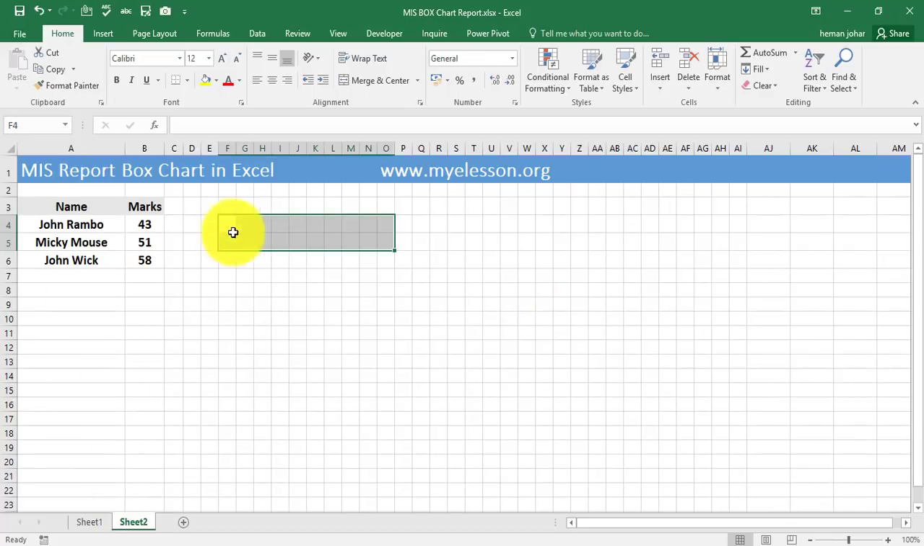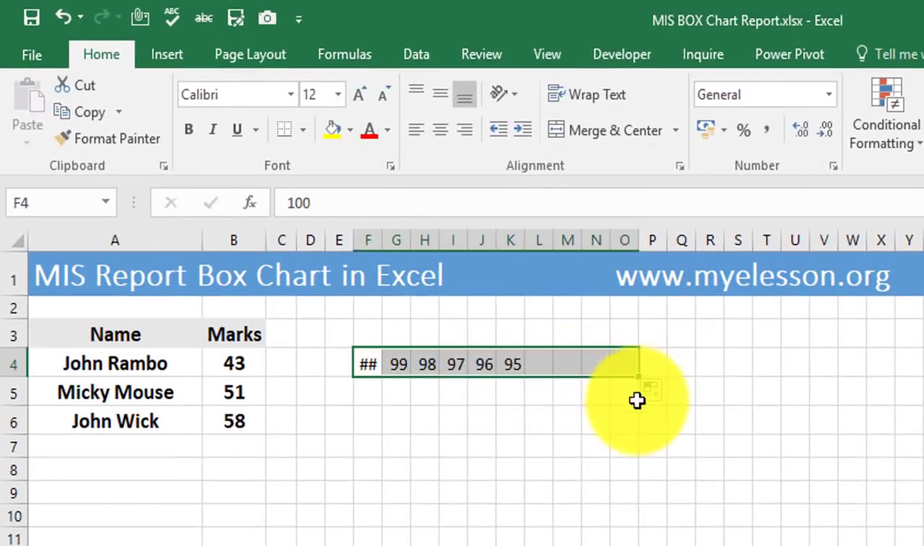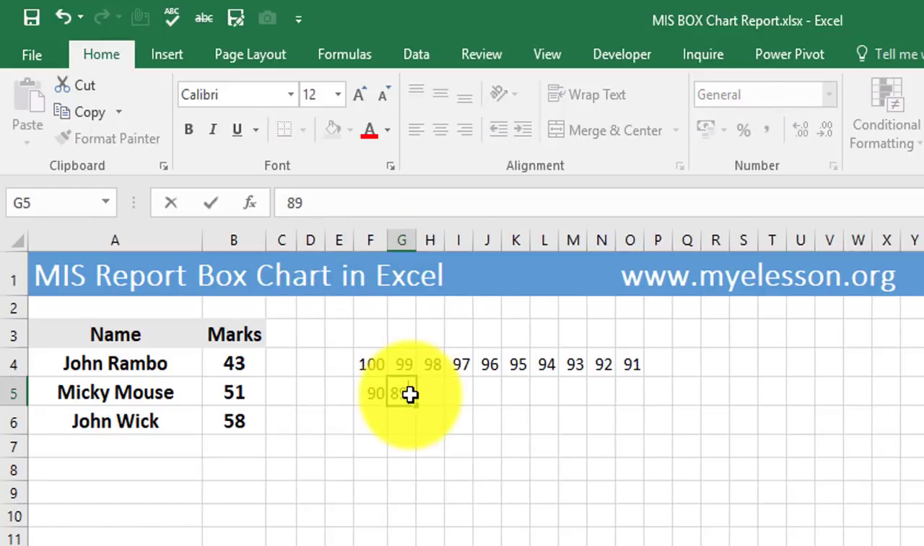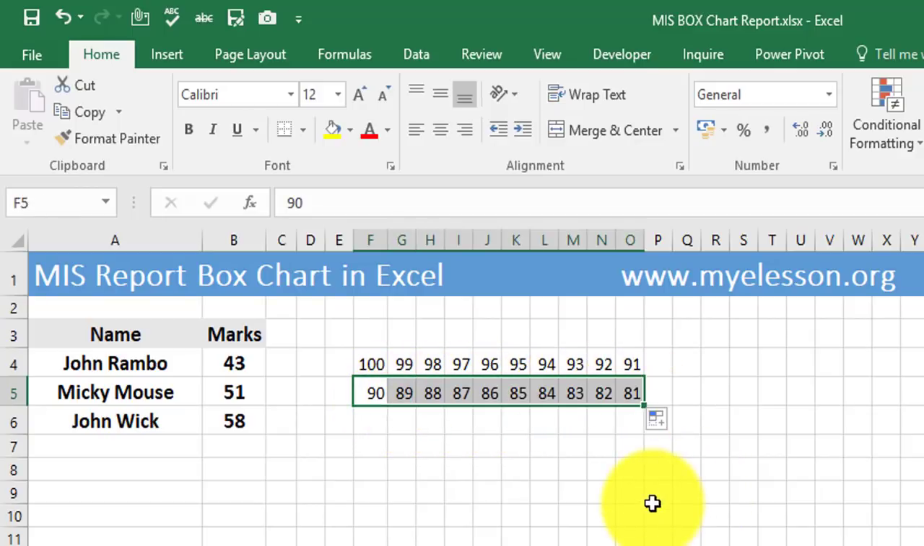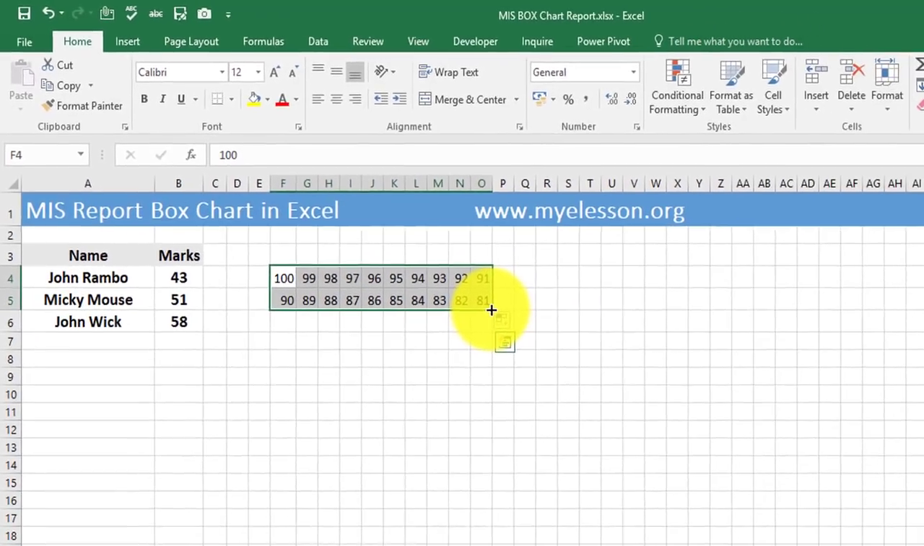I'll go to sheet 2. I have the rough data over here. Now the first thing that we need to do is create those 100 boxes, all right? And that is very easy to do. I'll type 100 over here, then 99 over here, and then I will drag this till 91. Then I will type 90 over here and 89 over here, and now I will select these two cells and drag this. Okay, now I'll select these two lines and drag them till I get